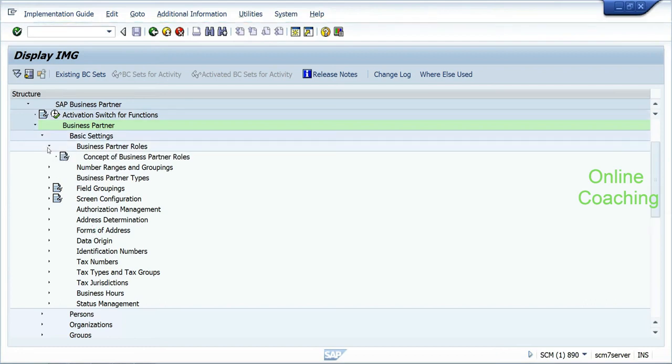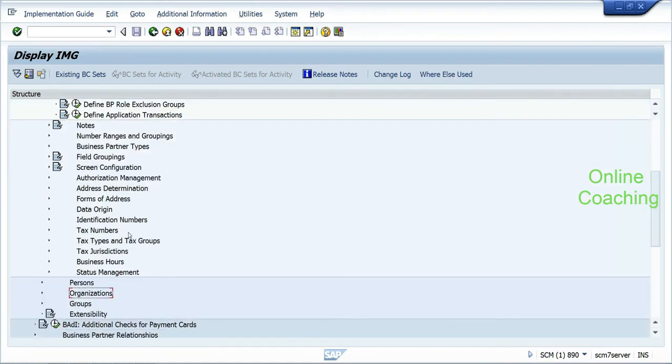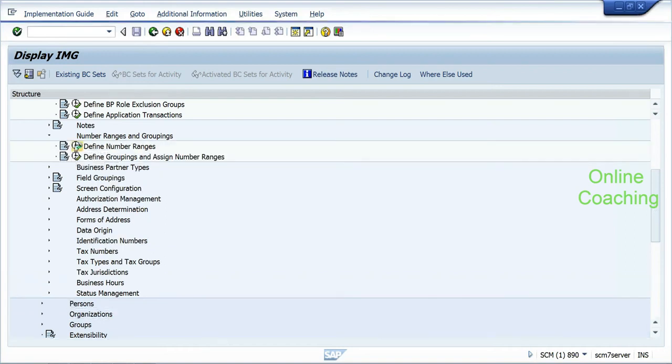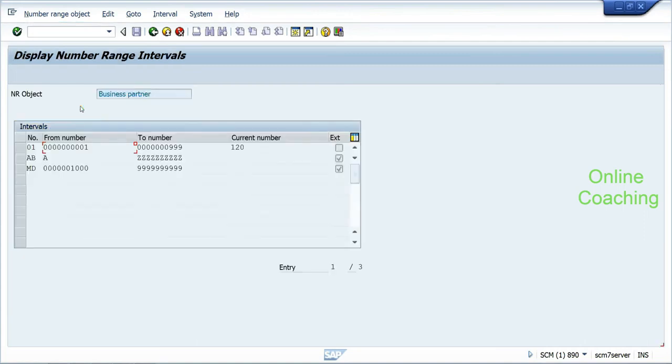Business partner, roles, types, number ranges and grouping. When you assign the intervals, see here,